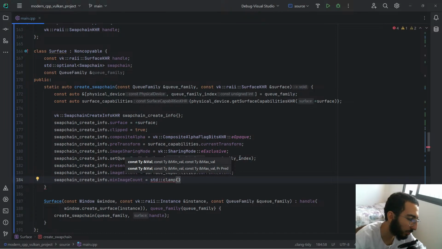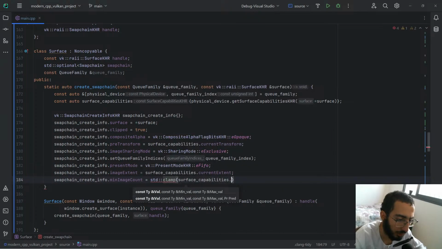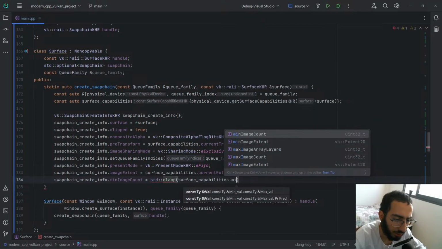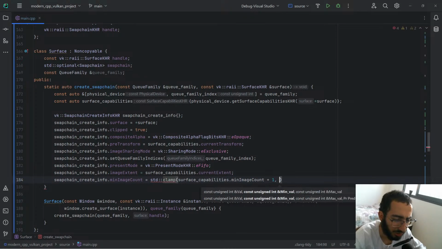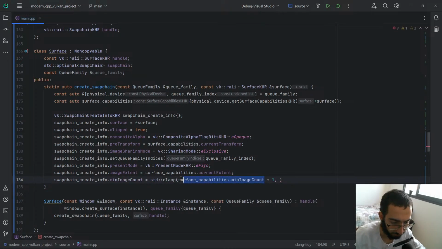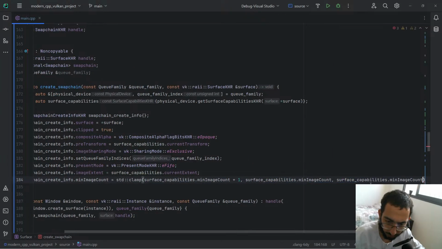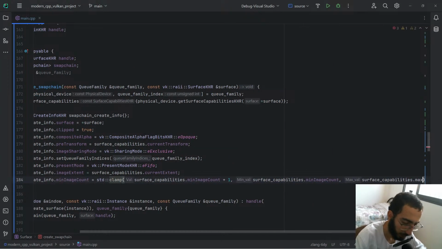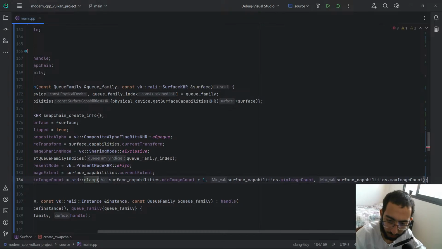So here the value, well, I don't know, really. It depends on if you want double buffering, triple buffering, what exactly. I think I'm just gonna go with surface capabilities dot minimum image count plus 1. I do remember something like that, but whichever. I still need to read the documentation more to refresh myself on that, but anyway, max image count, just making sure that